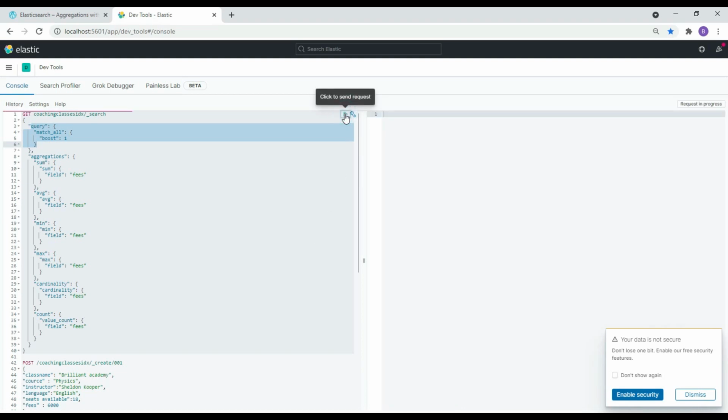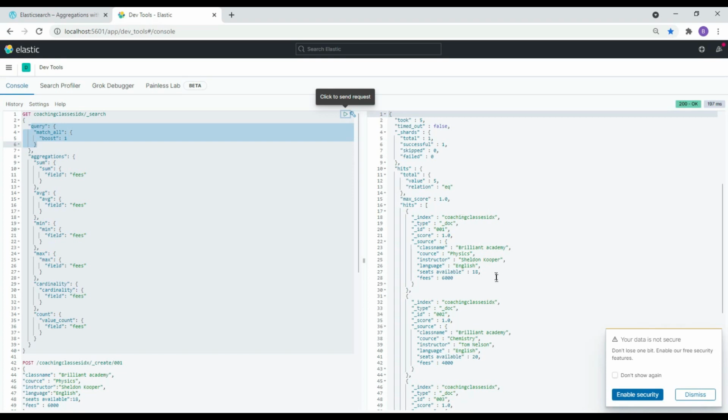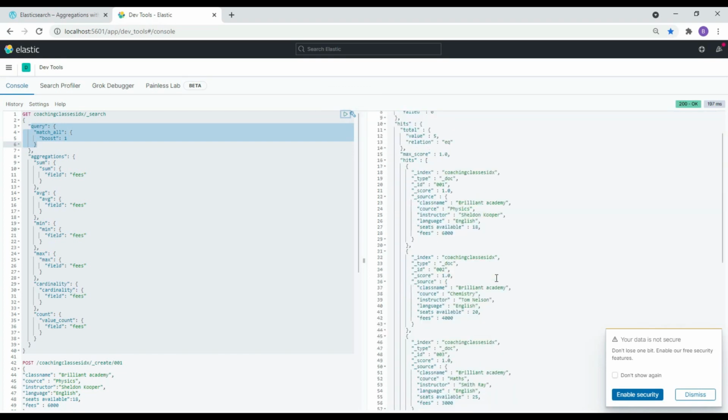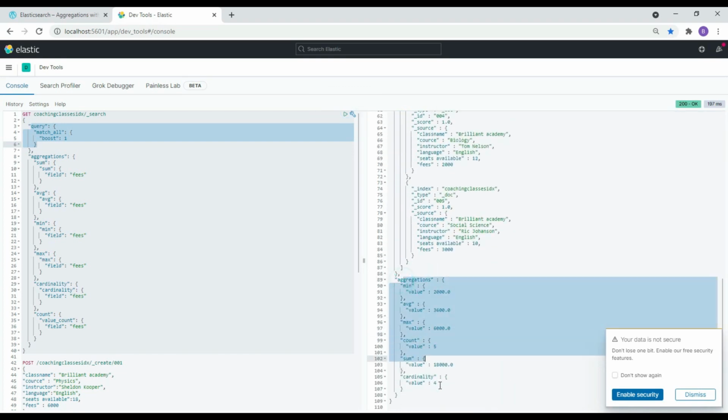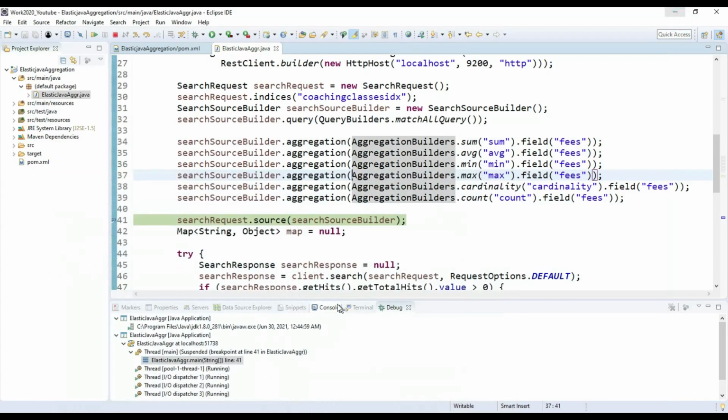It gives the aggregation here, with the minimum value and maximum value. The same thing we are executing directly in Kibana so that we get these aggregations. As output, we get the same here also from the Java code.